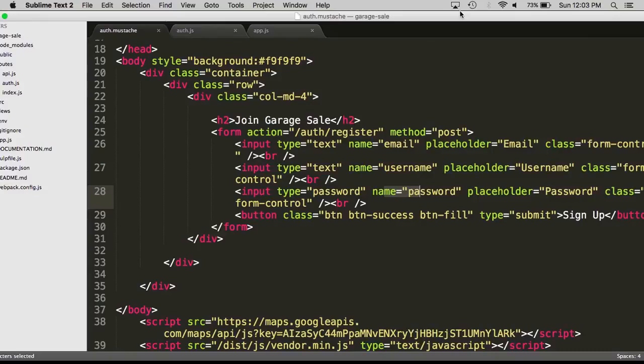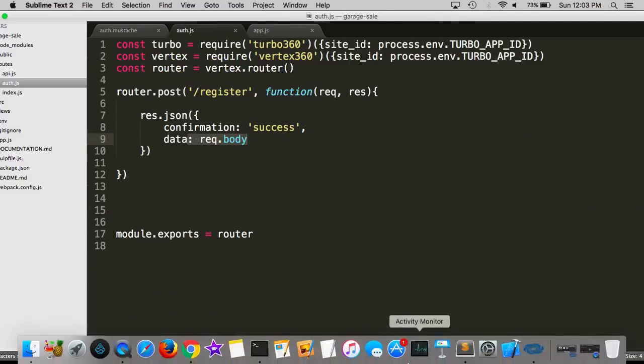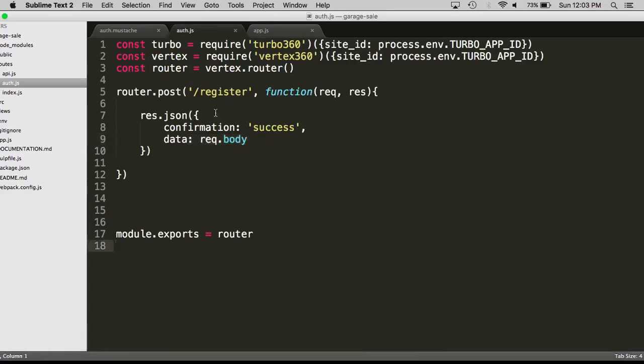I didn't do placeholders. So another question in auth.js, sorry, I'll let you finish on this one. What is that const router equals vertex router? What's vertex router? So this is the express router that's designed to handle incoming requests,